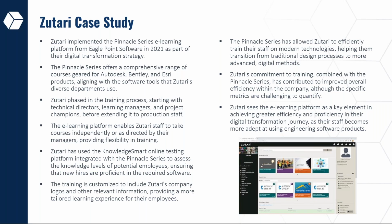The company's commitment to training, combined with the e-learning platform, fostered a culture of continuous improvement. While specific metrics may be challenging to quantify, Sutari undoubtedly experienced improved overall efficiency. Their staff became more proficient in using engineering software products, contributing to the company's success in the ever-evolving engineering industry. This success story showcases how Sutari harnessed the power of the Pinnacle series to enhance their capabilities and stay at